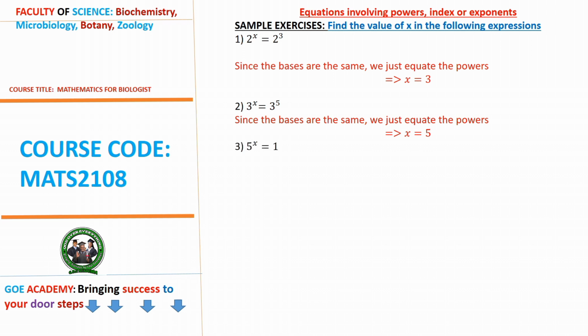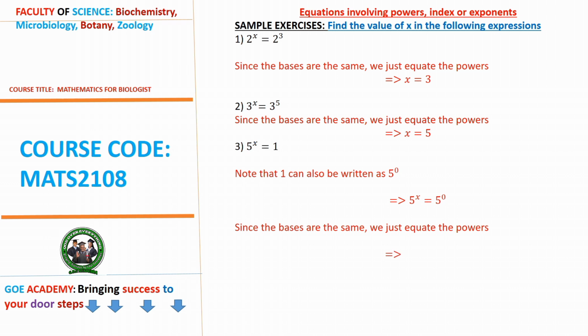Okay, number 3, if we have 5 raised to the power x equals 1, take note here. 1 can also be written as 5 raised to the power 0, because remember we saw the 0 law, which says anything raised to the power 0 is equal to 1. So our expression becomes 5 raised to the power x equals 5 raised to the power 0. And if you observe keenly, you see that the bases are already the same, so we just equate the powers,